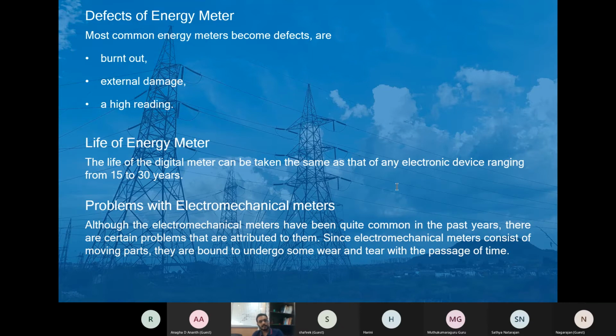So electronic meters are better than electromechanical meters because they do not contain moving parts, that is, any mechanical part, which gets affected due to the various factors listed already. Also, they provide not only consumed units, as in the case of electromechanical meters, but also other information like the instantaneous and maximum rate of usage demands, voltage, power factor, and so on.